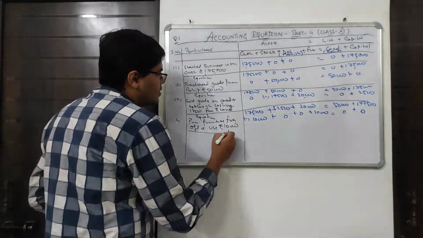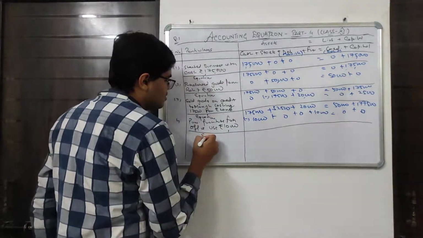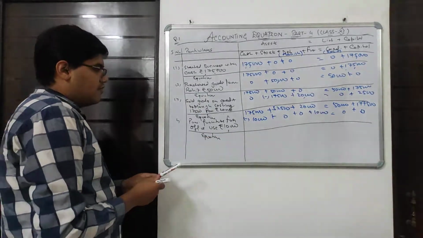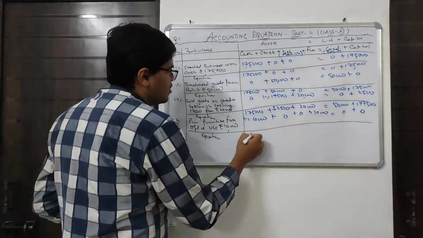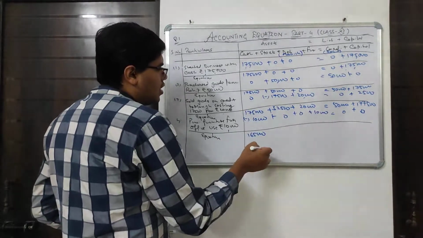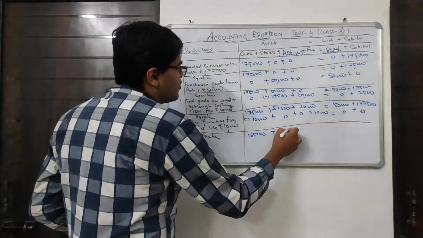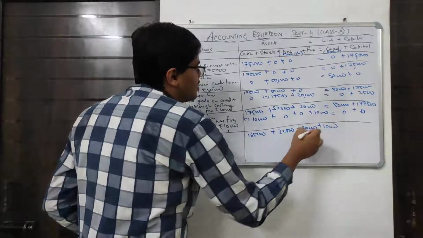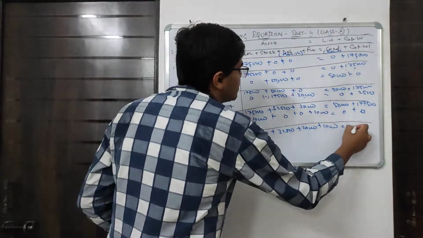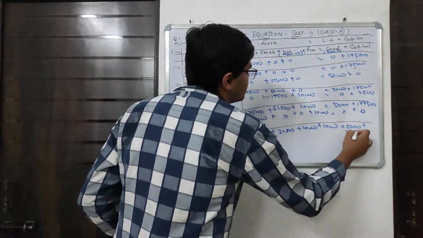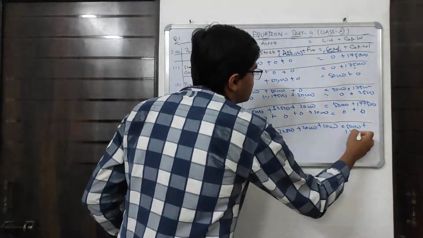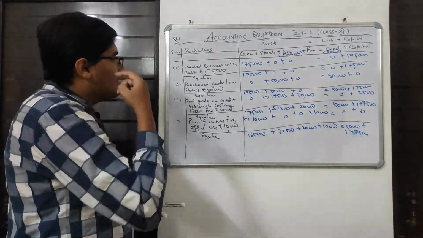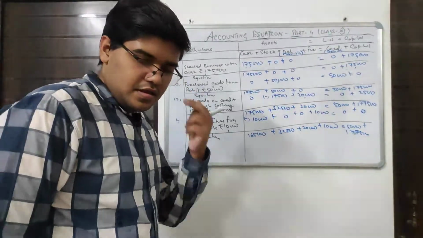Now let us frame an equation. It will be 1,75,000 minus 10,000, 1,65,000, plus 32,500 plus 20,000 plus 10,000 is equal to 50,000 plus 1,77,500. Since the space is not there on my board, I am carrying this equation to the front above.